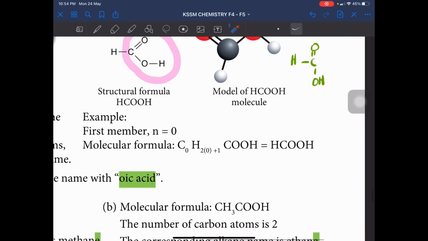Okay, let's form the formula first. Okay, molecular formula. For example, what is the first member molecular formula? Look at the general formula. CN